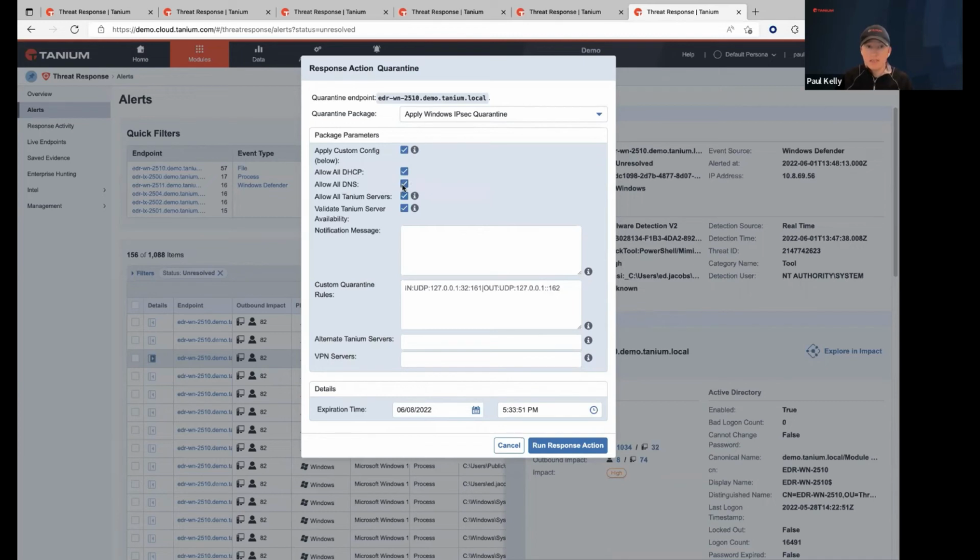But maybe you don't want DNS. Maybe you don't want even DHCP. I would recommend leaving them enabled. Otherwise, you might effectively completely isolate it off the network. Allowing the access to the Tanium servers is absolutely